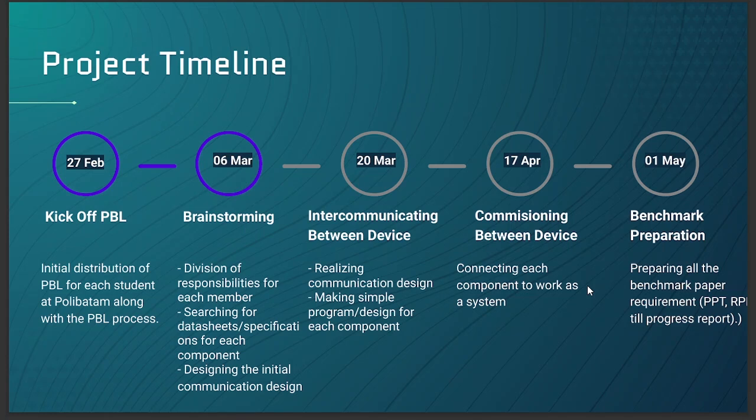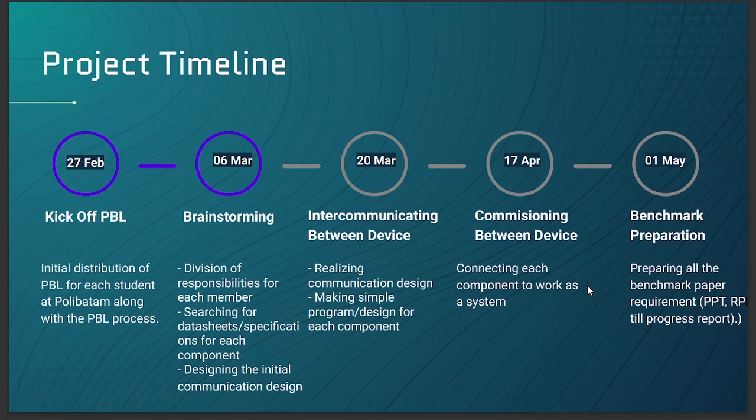It is the kickoff of PBL, as the initial distribution of PBL for each student at Poly Batam, and then on 6 March we gathered for the first brainstorming, and on 20 March we have intercommunication between devices. It is realizing the communication design that we designed before, and then making a simple program or design for each component.